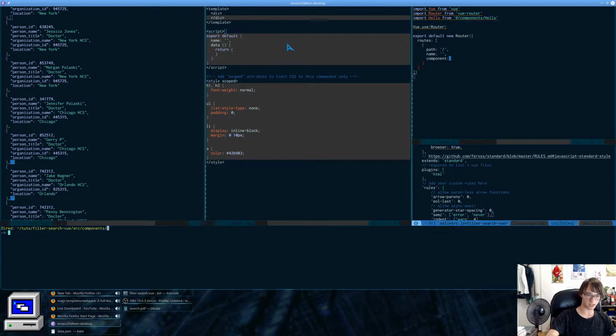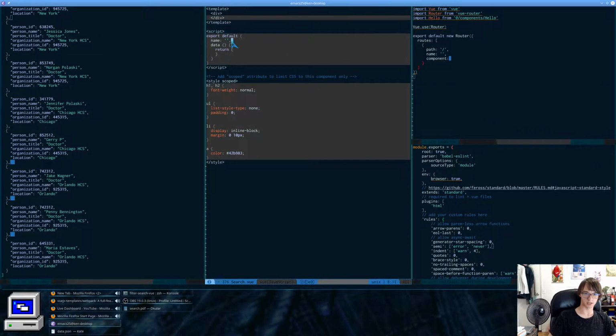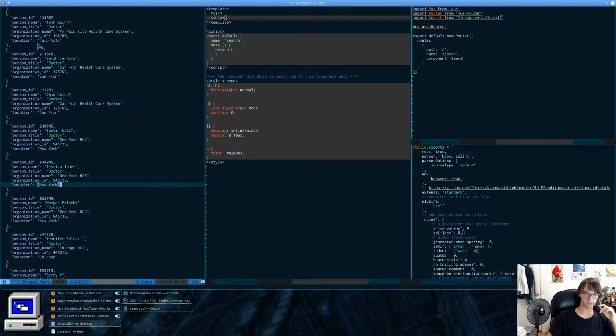and basically, I'm gonna save this hello file, and since we're gonna rename it, we're gonna name it just search. Just keep things simple. And there we go. We got search, and here we go. We need to use this as well, so we're gonna still have that on the root, and of course we're going to rename this to search. And so we got that going,